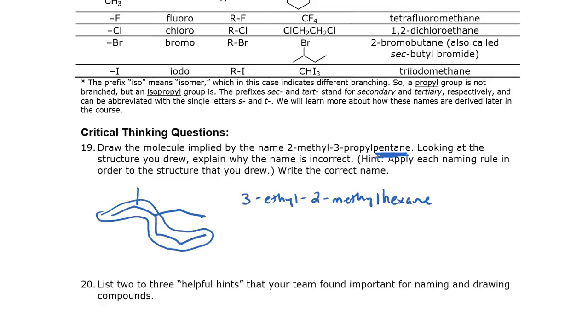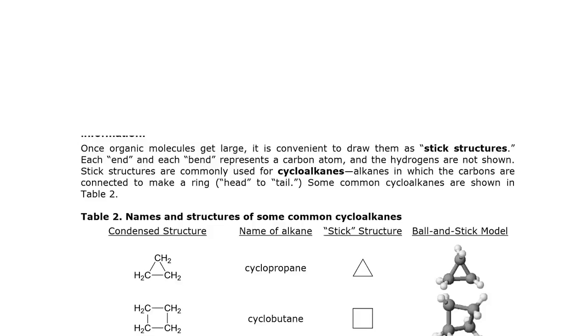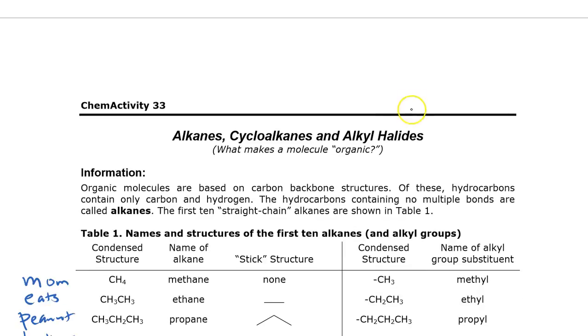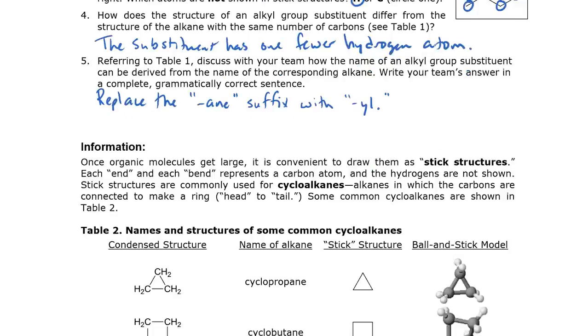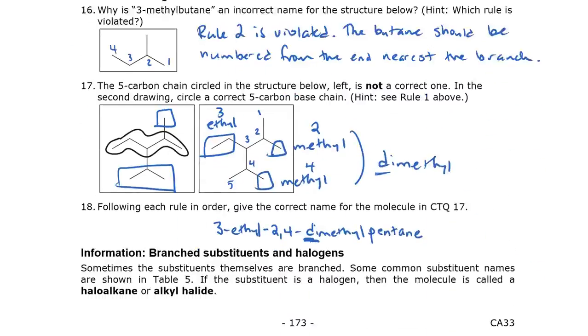These rules that you're learning to name alkanes, and actually one other thing, when you have halogens on them, they're called haloalkanes. Hence the title alkyl halides. That's another name for haloalkanes. So in this activity, we've now learned how to name alkanes, cycloalkanes, and alkyl halides, also known as haloalkanes.